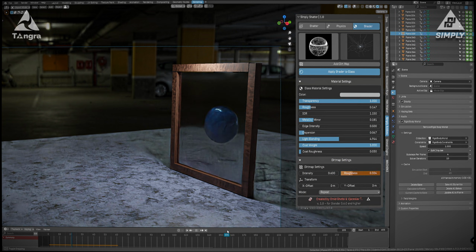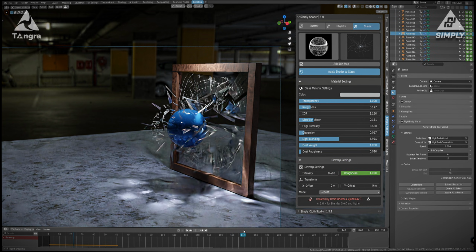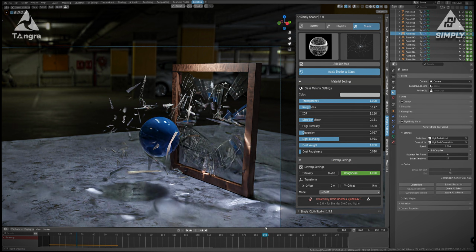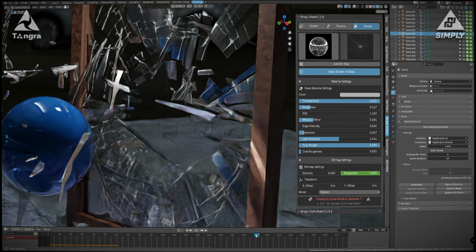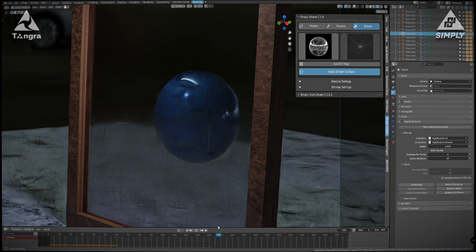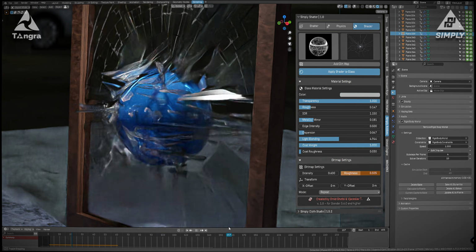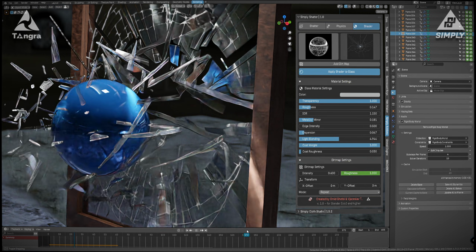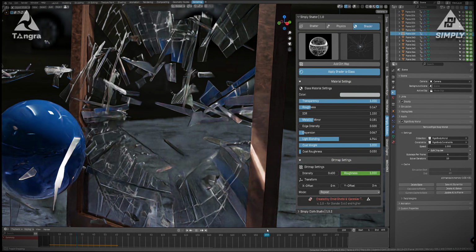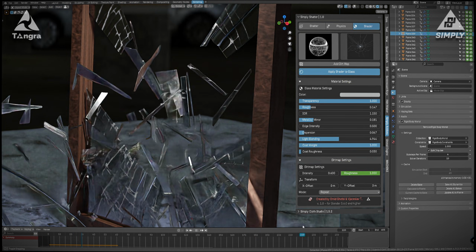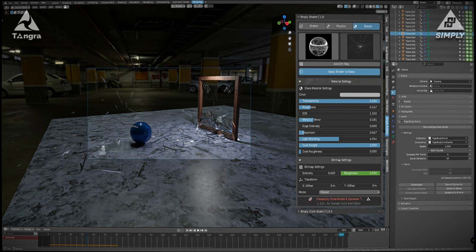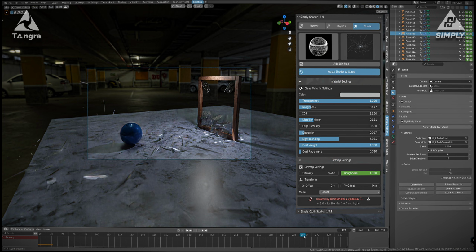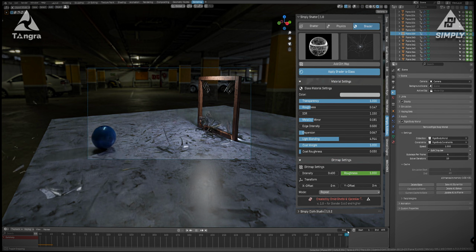Sometimes it gives just a little bit more spacey results here. And look how it falls depending on the shatter. It's amazing. So I really like it, and I would recommend it to you. And now you can of course render it. I won't do it now, but